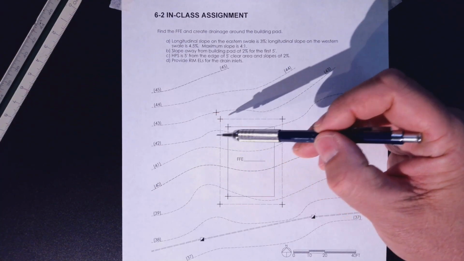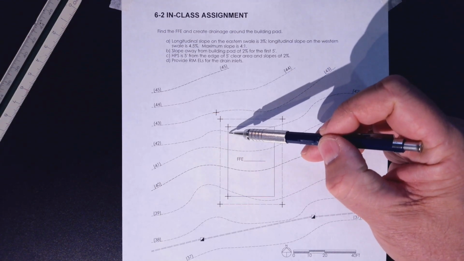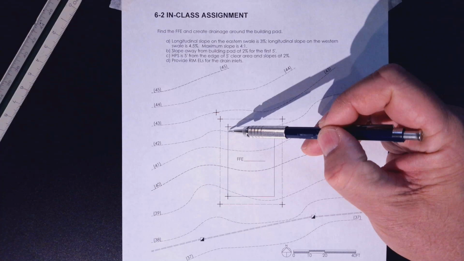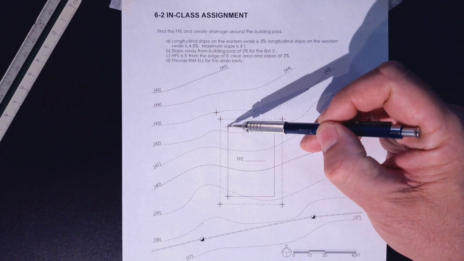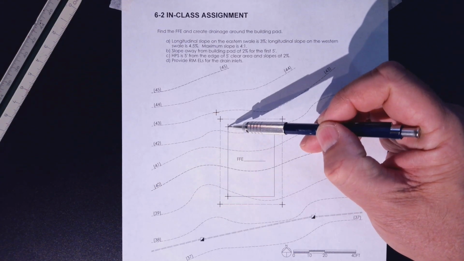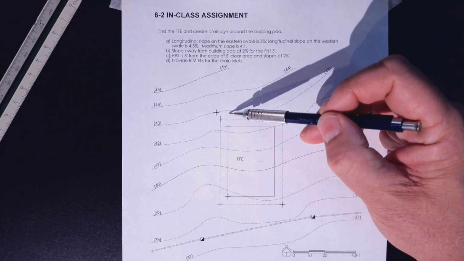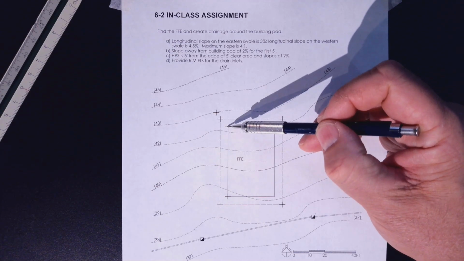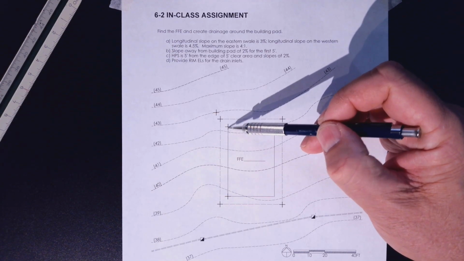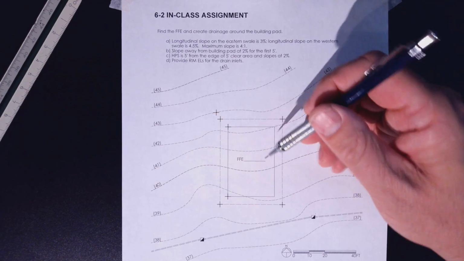The existing elevation, this corner, lands right here, and it's between contour 42 and 43. It looks like it's about a quarter of the way, and you could guess that that's probably about elevation 42.25. But you can interpolate and get that exact point by scaling off, figuring out what the slope is right here. You can calculate what that spot elevation is. I think for this assignment that's a bit overkill, so to save us time and get going on this,